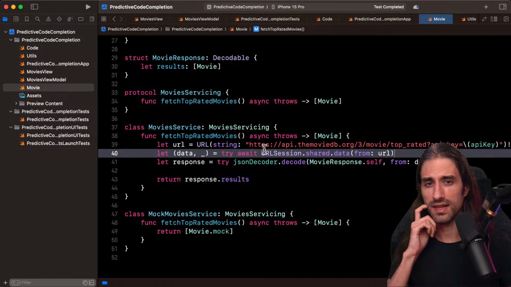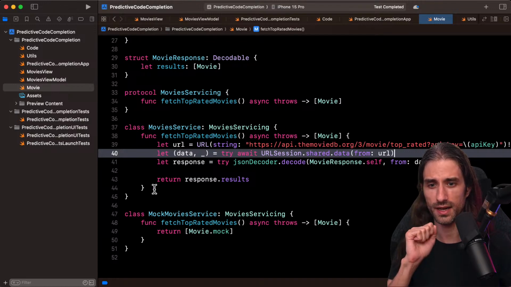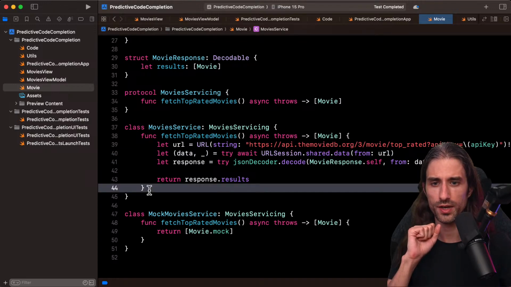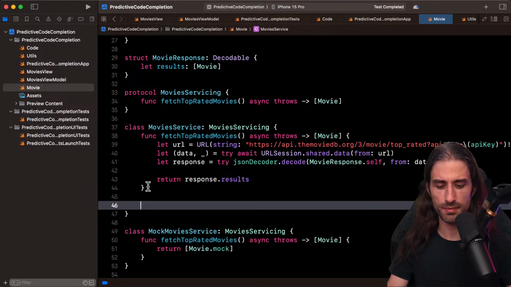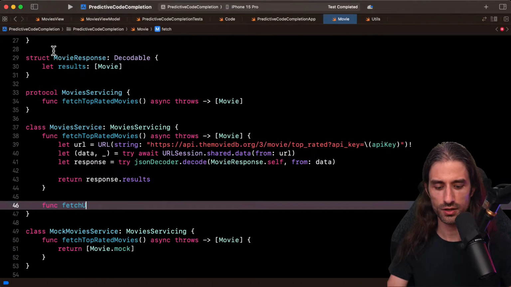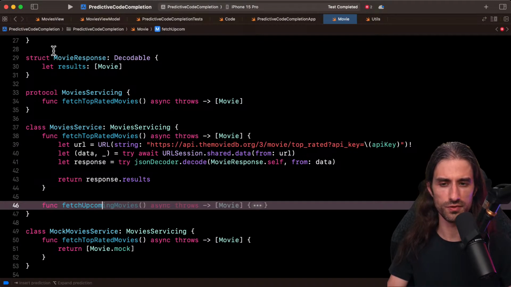Now, let's see if a comment in the code can help. For that, what we're going to do is use the same place in the code. I'm going to create another function called fetch upcoming movies.